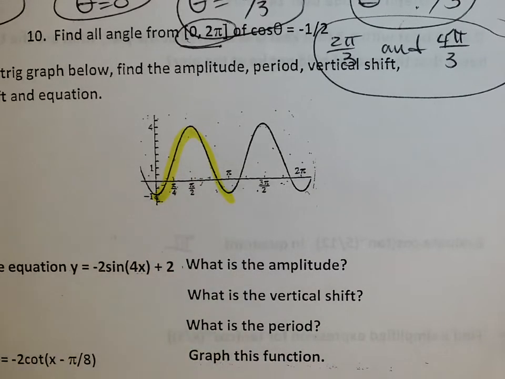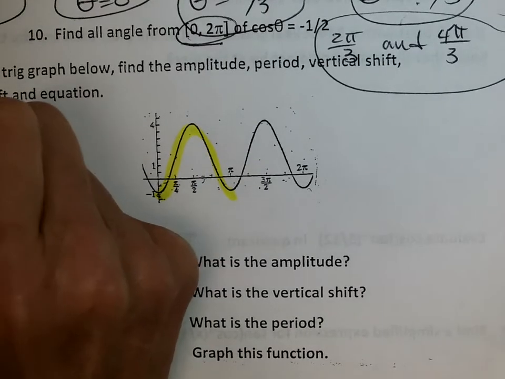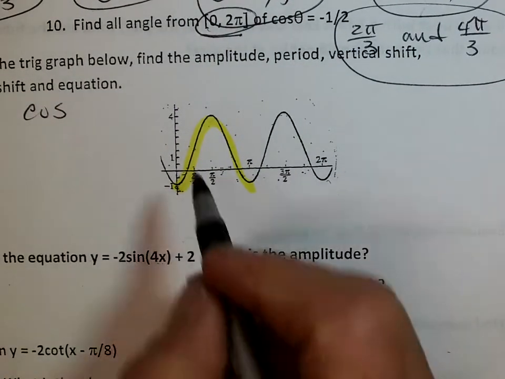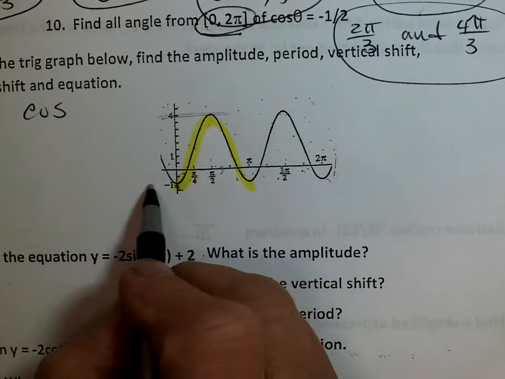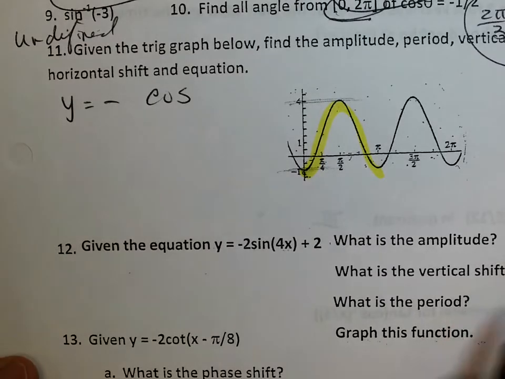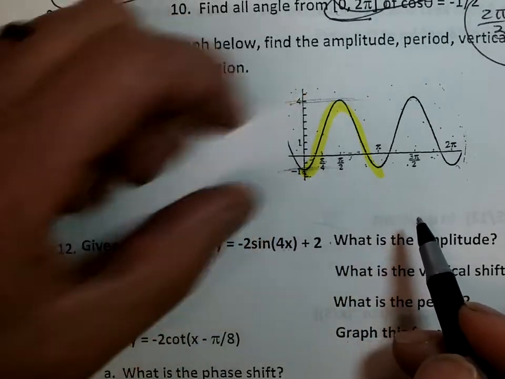Okay, and I've got the 2 up here. I've got the sine and the cosine. So I'm going to use this shape but upside down. Okay. So I'm going to go straight to calling it y equals a negative cosine, right? Now the amplitude, it looks like it's going to have an amplitude between,